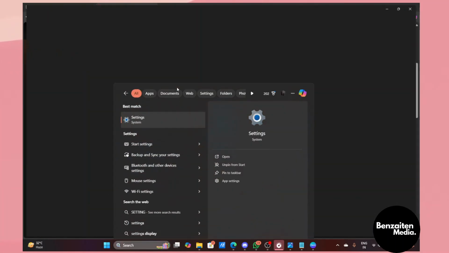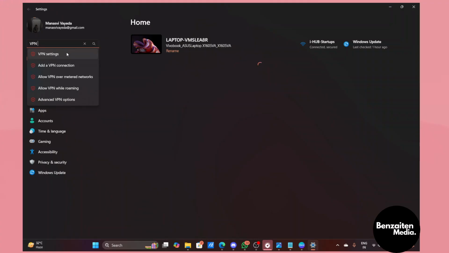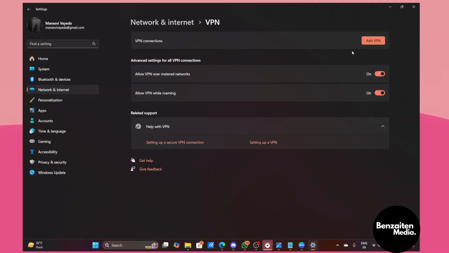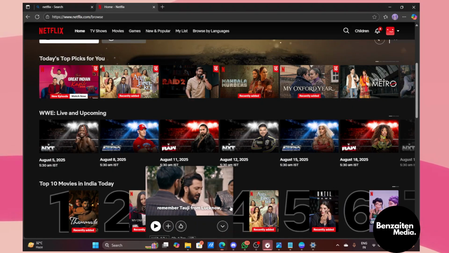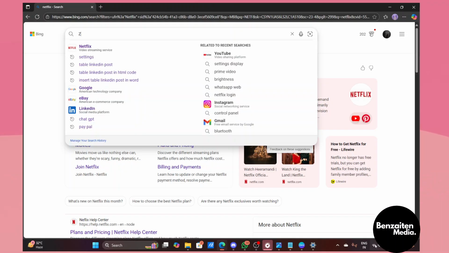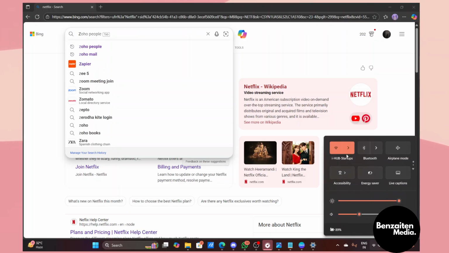and open your settings, and in the search bar search for VPN settings. Once you are in, make sure that your VPN connection is disconnected. Now, close Netflix completely like this and then disconnect your desktop like this